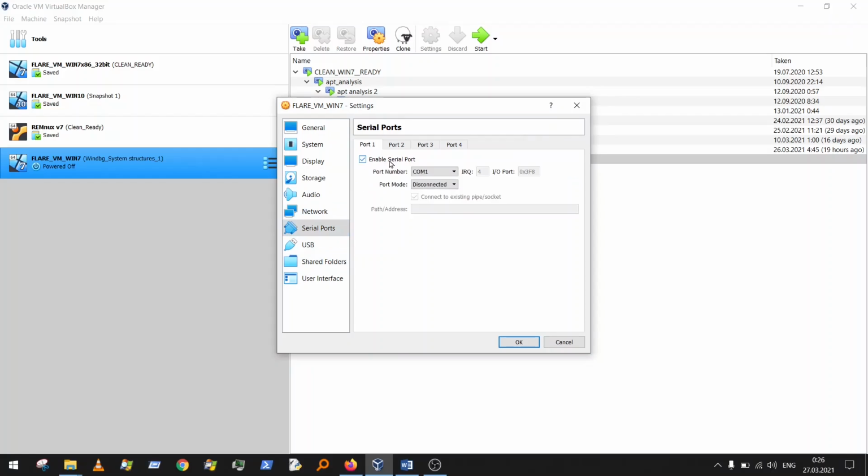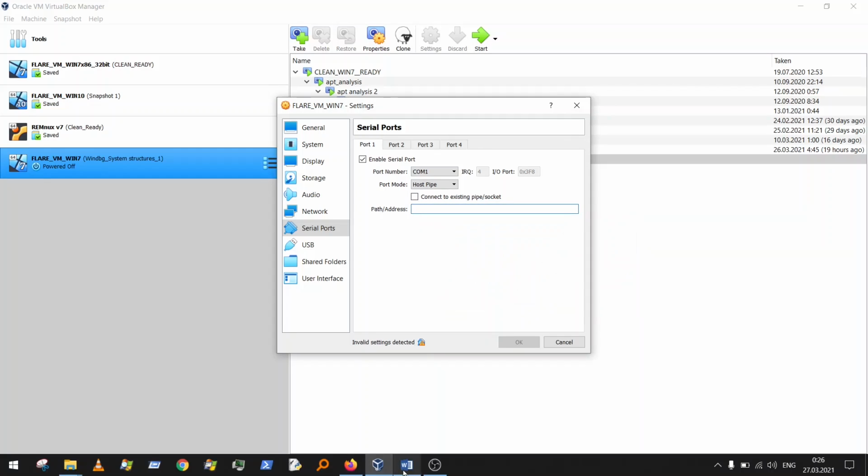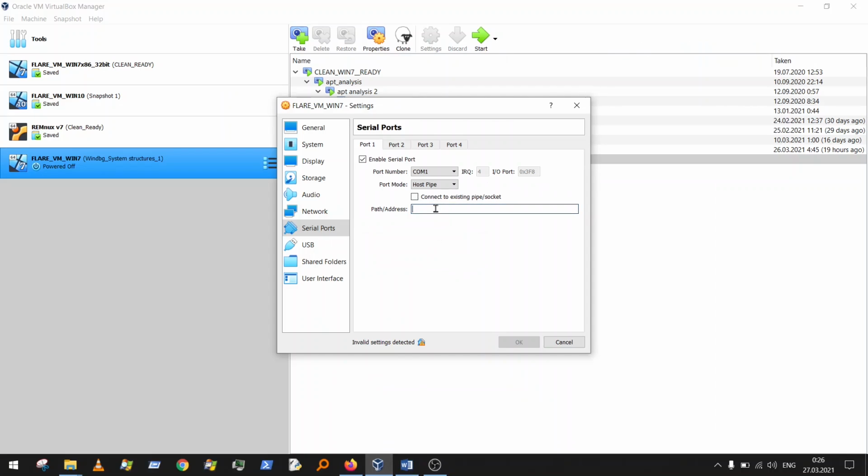Port 1, enable serial port, COM1. Port mode will be host pipe, and this will be unchecked. And here we have to fill the name pipe, host pipe. Yeah, and I already prepared this pipe. Click OK,